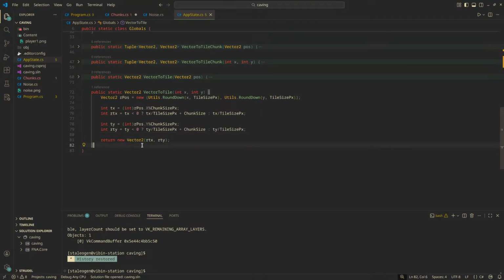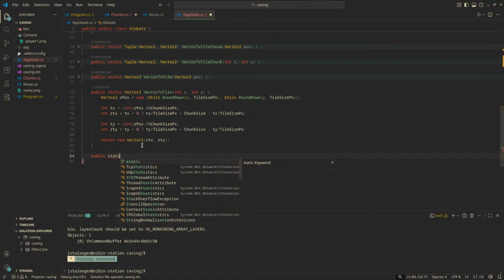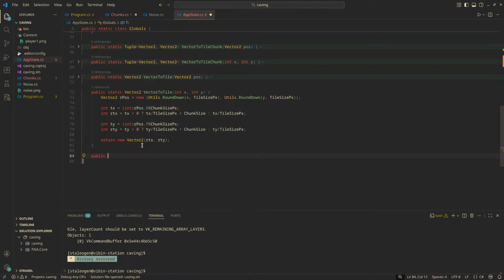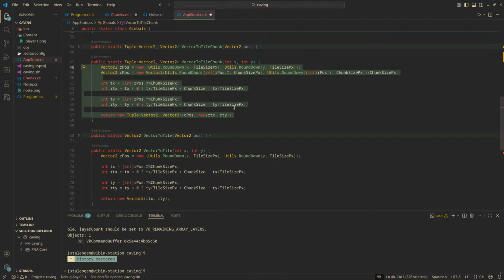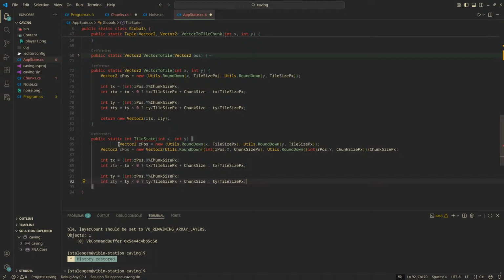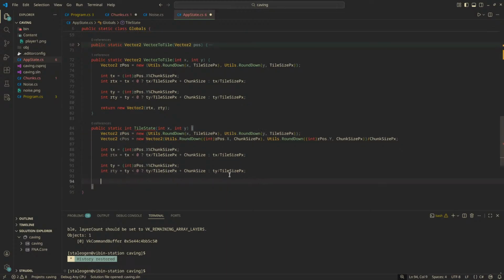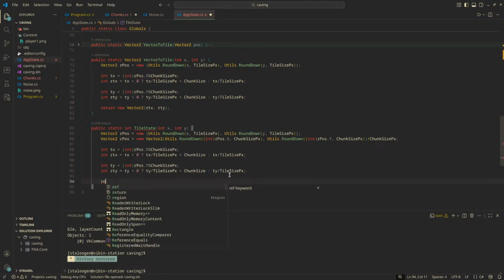if the tile... public static bool, static int tile state at integer x and integer y. So what I do here, I get the tile position. And I can't just do this. Okay, let me just do this. Thus I have a tile position and a chunk position, and I just return